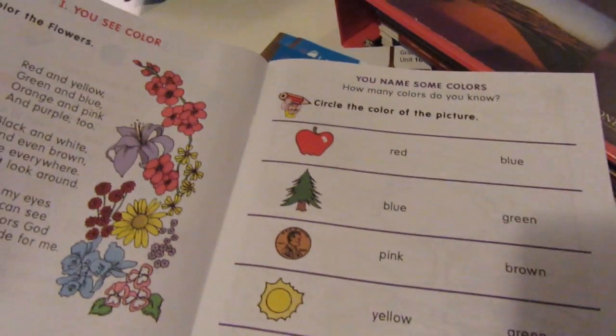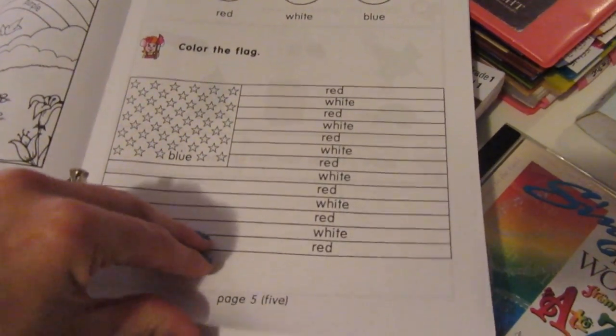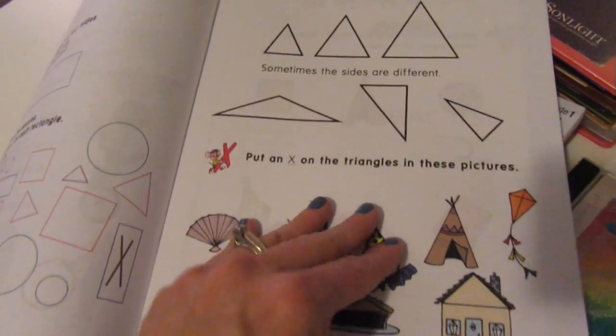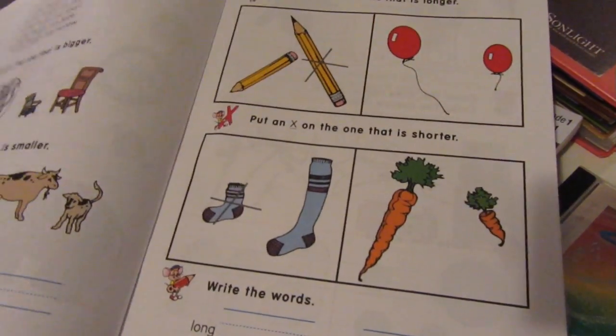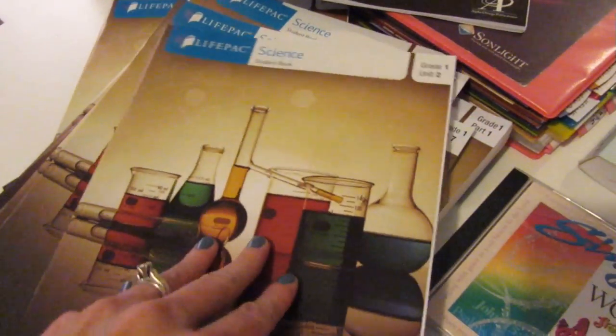So it's color, and it's got just some objectives that they can write down. So we're doing senses, okay? So they'll be doing coloring, basically sticking with colors. And then it goes on to shapes and just some basic science concepts for Unit 1. Super simple. Unit 2 is,